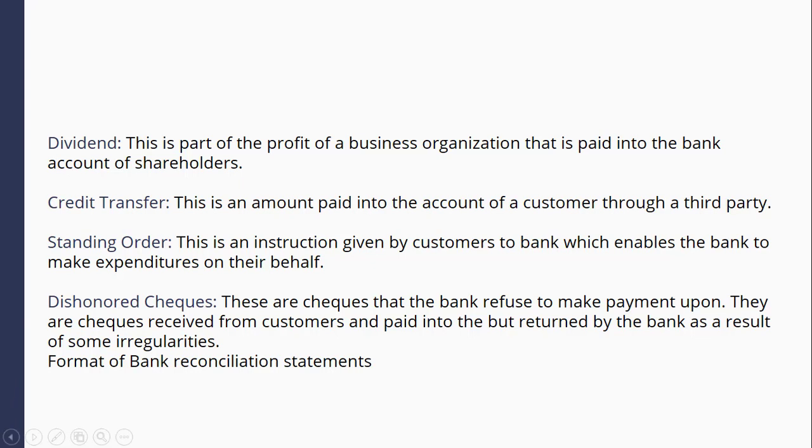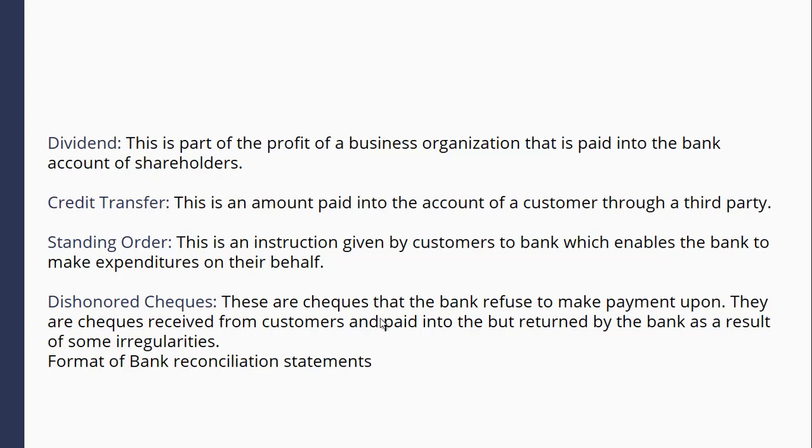So dividend will cause discrepancy between cash book balance and bank statement. The next is credit transfer. Credit transfer is an amount paid into the account of a customer through a third party. If a customer, all right, a customer is seen to be a third party between the bank and the business